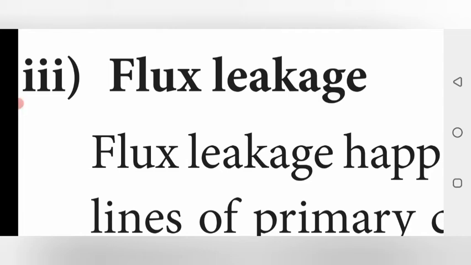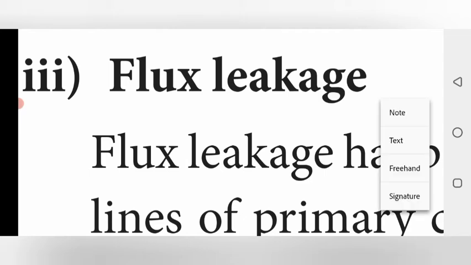So these are the energy losses in the transformer, and sound losses are also produced. The transformer carries voltages over a long transmission distance, and in the meantime, sound can also be produced. Because of this sound, energy can also be lost. So these are all the types of energy losses in the transformer.